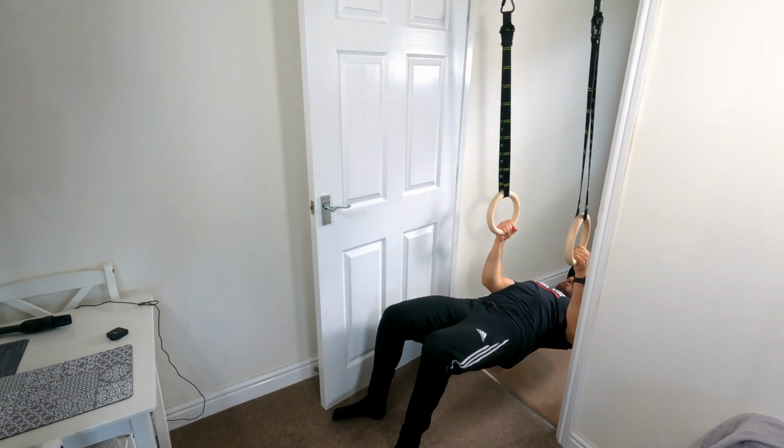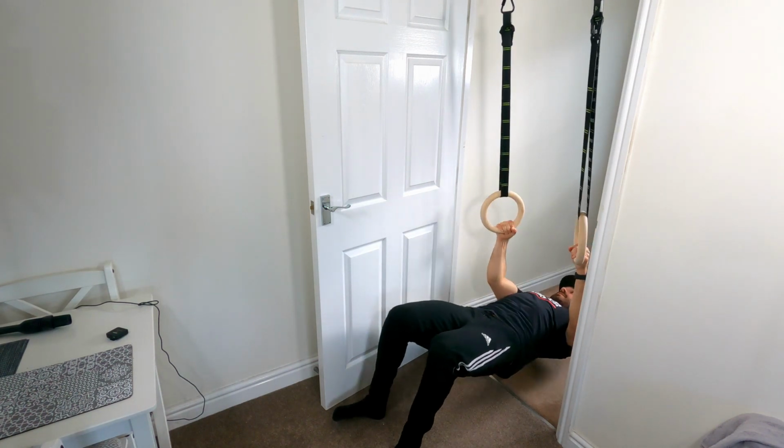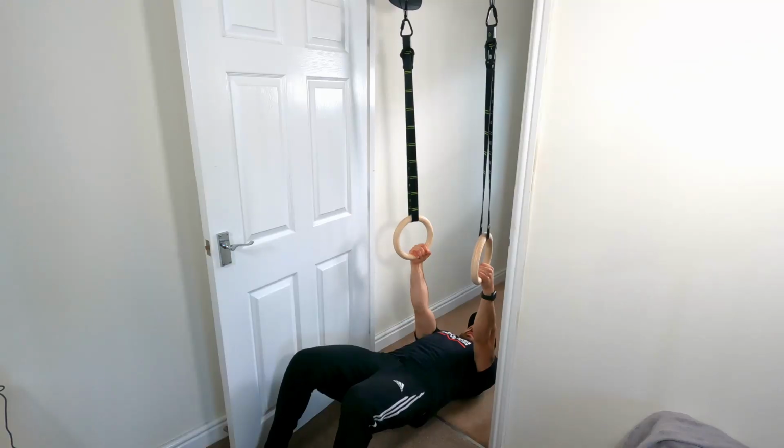Play around with the grip of how you hold it. This is what's great about using the rings. You can find a grip or a position that is more comfortable for you. And if you want to make the exercise easier or harder, you can play around with what you're doing with